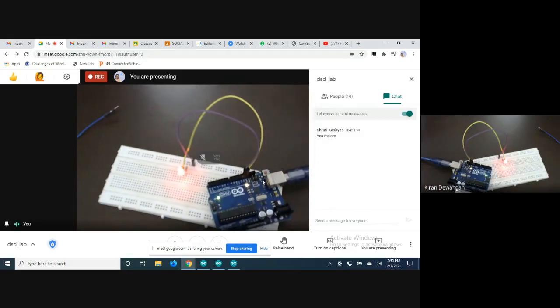Students, that was a very small experiment that we have performed today, and one important thing that I would like to share is that today I will share the lab manual, and in that we have one more experiment. ठीक है, तो वो experiment आपको खुद perform करना है. You'll have to purchase this Arduino board. You'll have to purchase all the components required for that Arduino board.